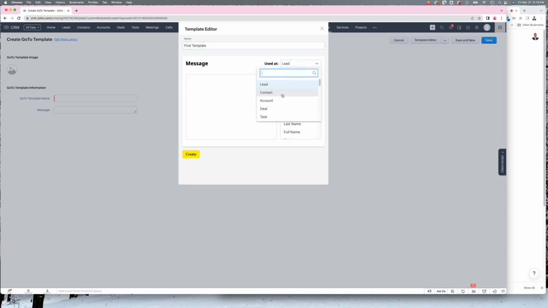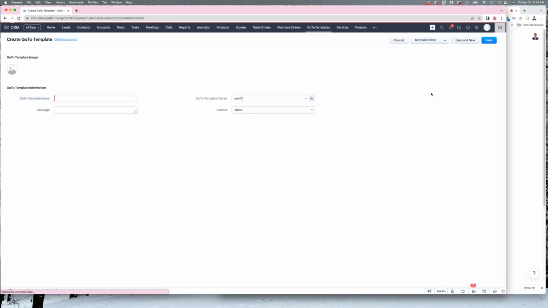So you want to make sure you select which module this template is going to be used at. In this case, I want to use it at the leads and say, I want to send this text message every time I hang up the phone with somebody, for example. Nice talking to you. You could use all the merge fields you want that exist in a lead module and create that